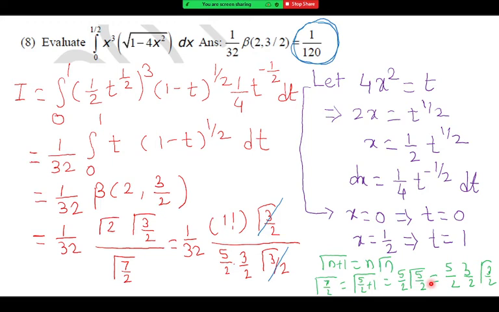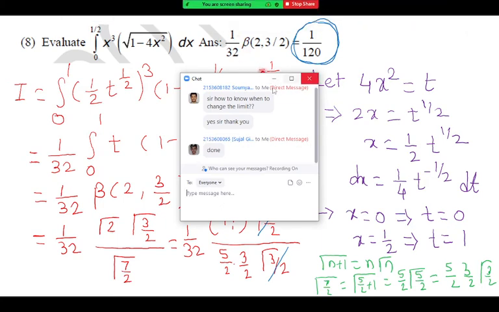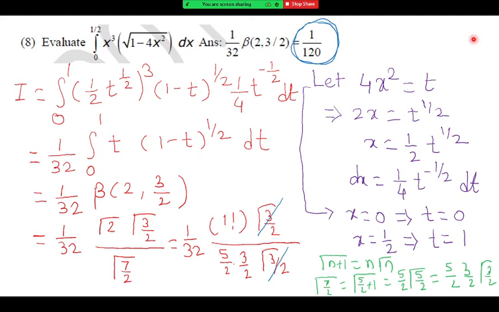So whether you completed this, can we move to the second last example then? There are two more examples up to this. Suraj says completed. Good. So I'll move to the next question then. I hope everyone completed. Okay, yes sir, done. Good.